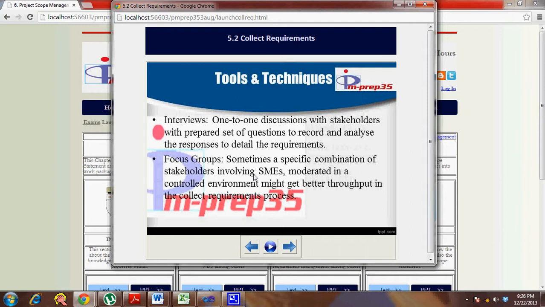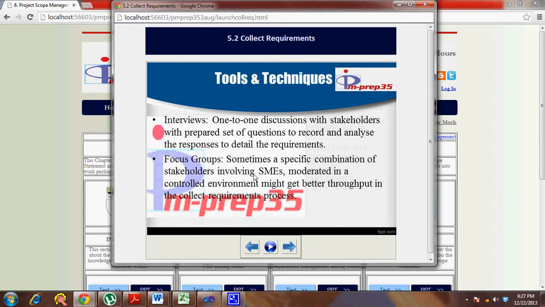So when you look at a high-level view, the tools and techniques for this particular process are getting people interviewed, pulling them into group decision making, making them get into consensus, making them list down all the ideas and then refining those ideas. Whatever is relevant to this becomes the most important tools and techniques.